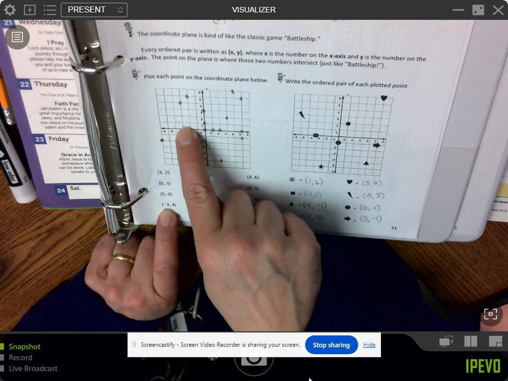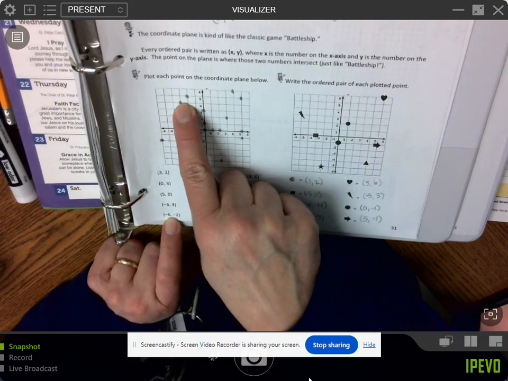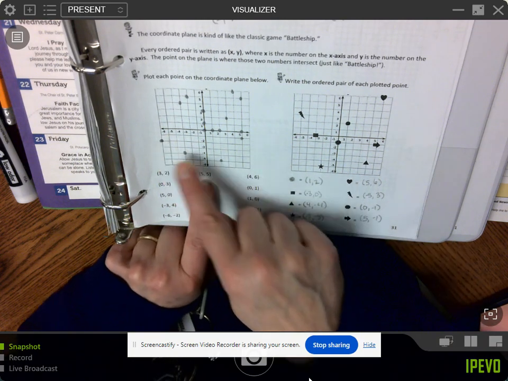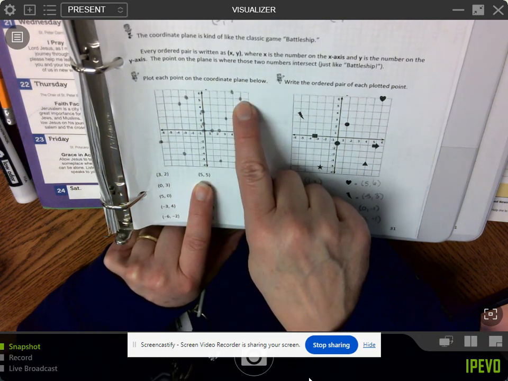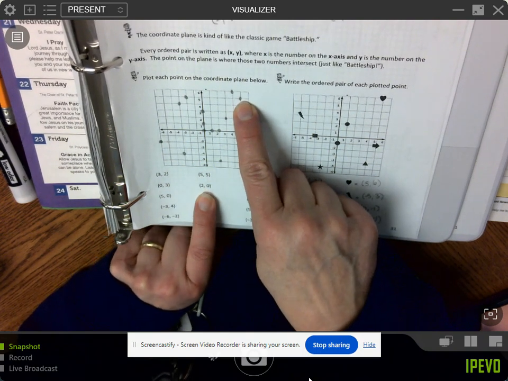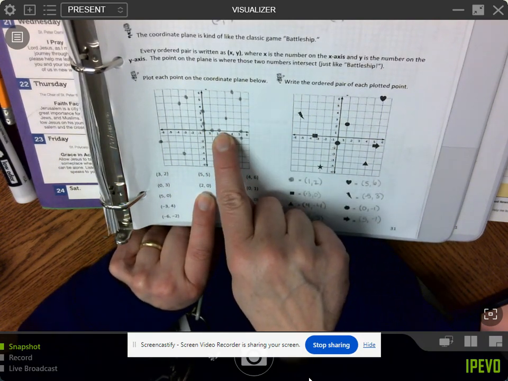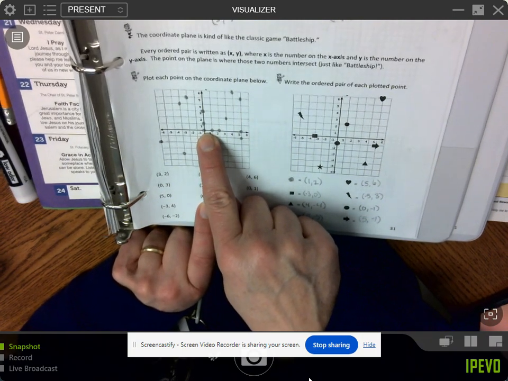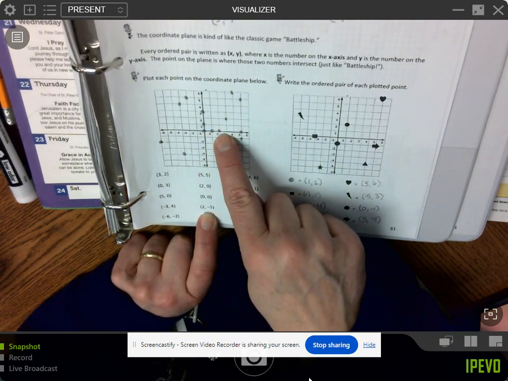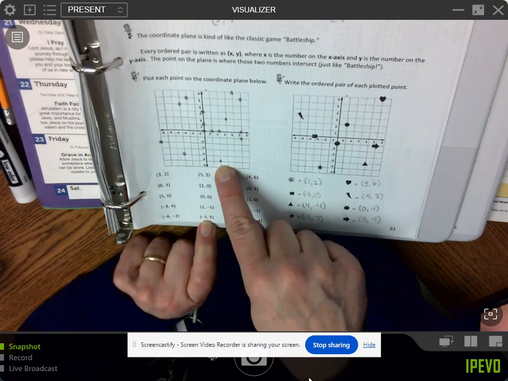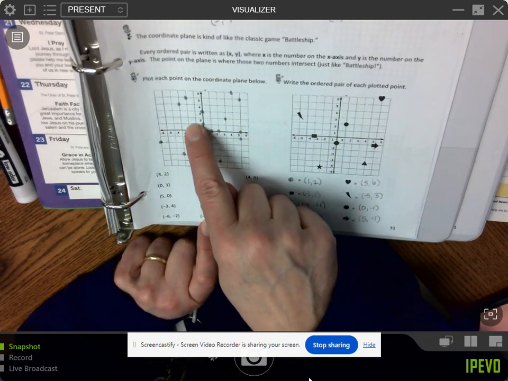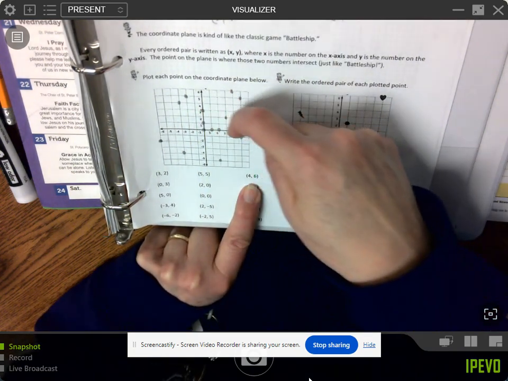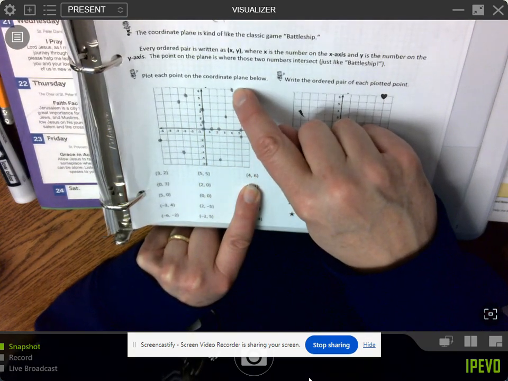(-3, 4) goes up, (-6, -2) goes down, (5, 5) goes up to here, (2, 0) stays on that x-axis, (0, 0) is right in the middle, (2, -5) goes down, (-2, +5) goes up, (+4, +6) goes way up here,